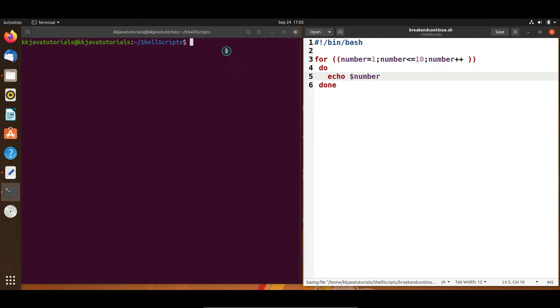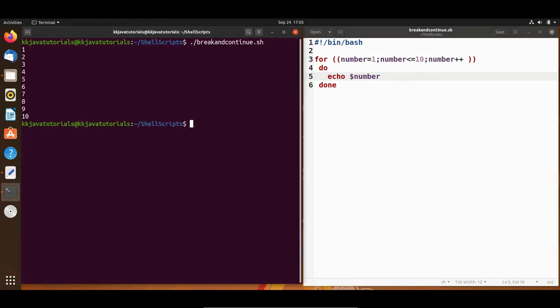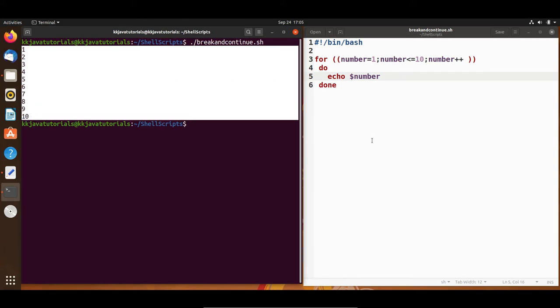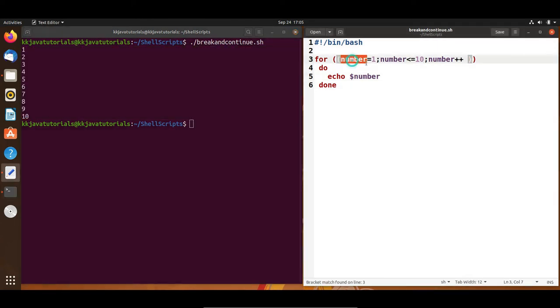So let me run this script and show you the output. Here it is just printing 1 to 10. Initially number is initialized with 1, and it checks whether 1 is less than or equal to 10. That's true, so it executes the body of the for loop and prints 1.